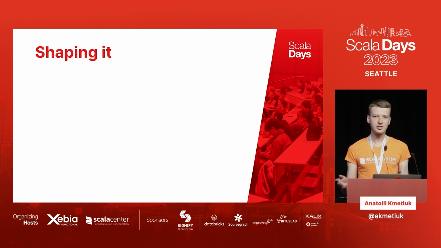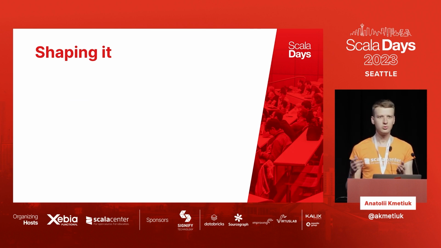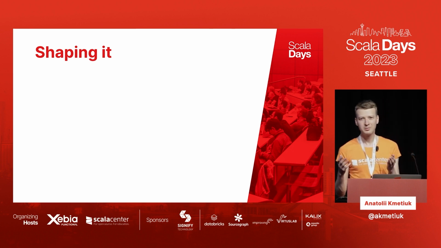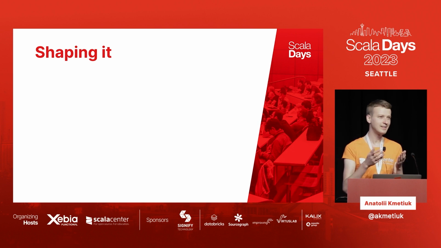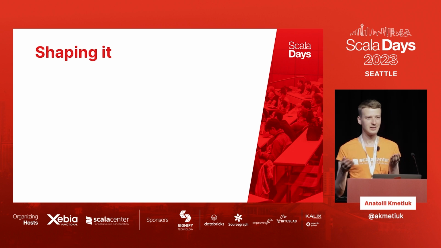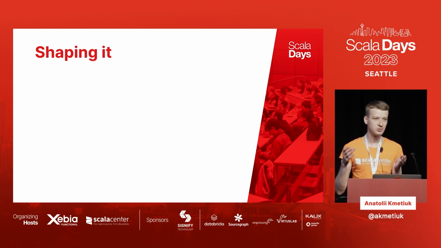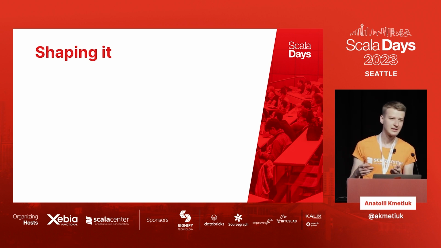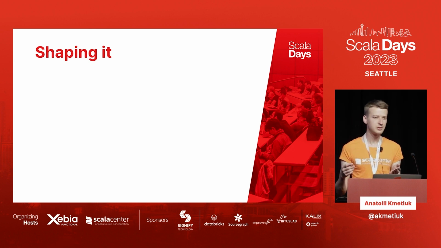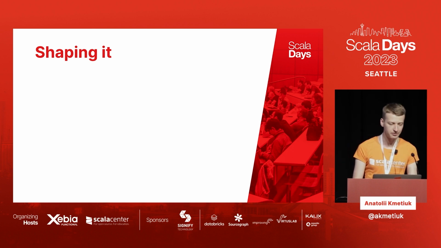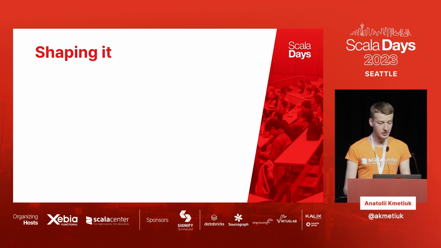Shaping it, how do you shape such kind of event? So how do you come up with the correct format? In principle, it sounds simple if you think about it. It's just bringing people together in one room on Zoom at a certain time and hacking on some issues. But in practice, it's not so, because there are 4 teams to coordinate, and we need to figure out things like what is the most convenient time for everyone, what is the least burdensome process that we can employ, and so on. So how did we shape that?